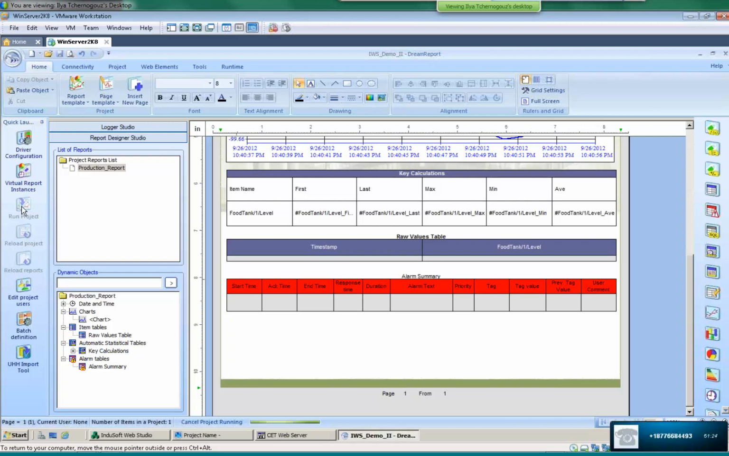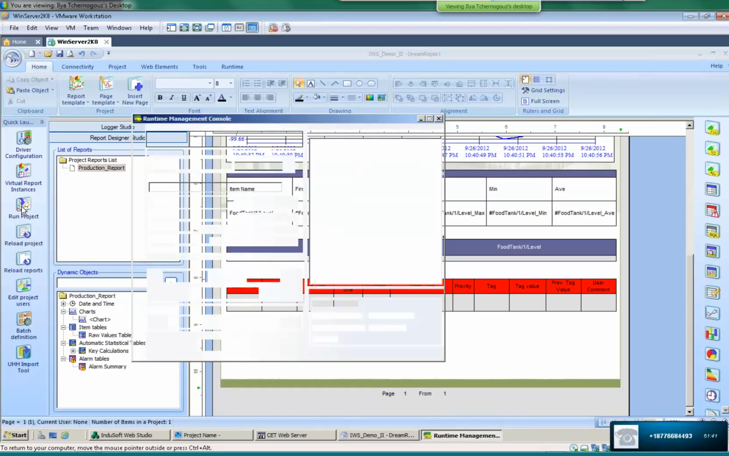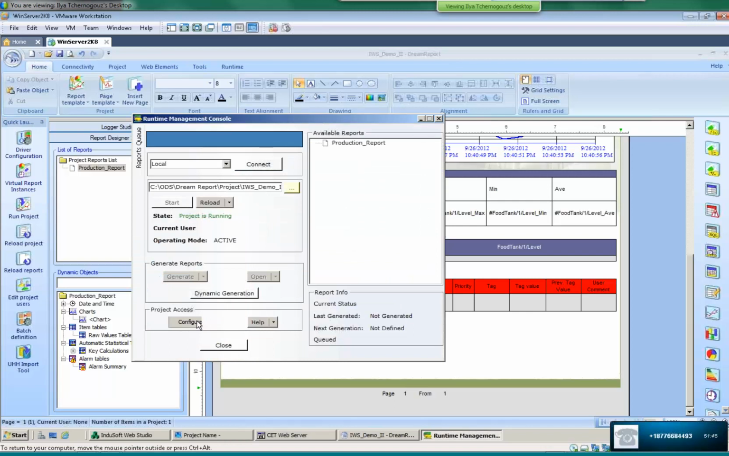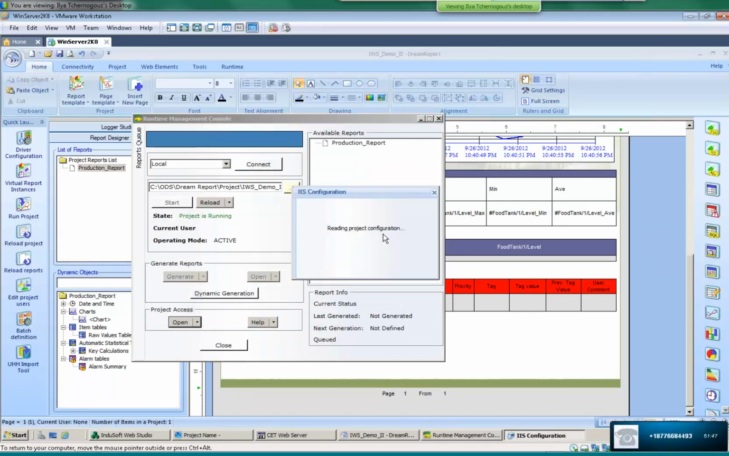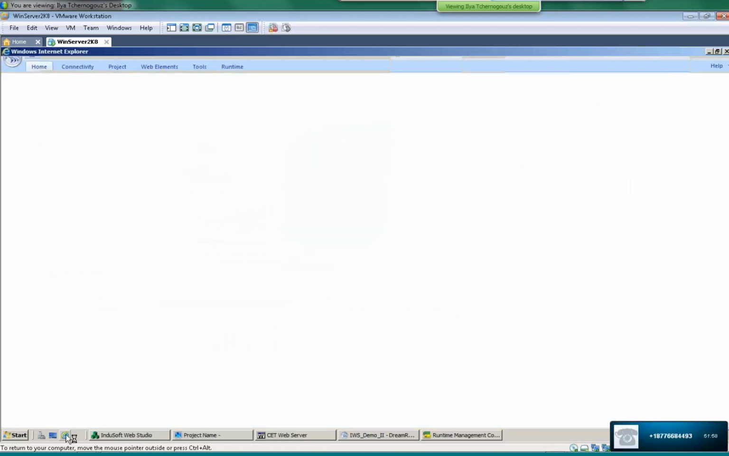Once the runtime engine is started, you can see when the report is scheduled to be generated. You can generate it manually if needed. And of course, what is also interesting is that you can easily configure access to the web portal of Dream Report and see this report available in the web portal. So I just need to press configure IIS, Internet Information Services. It will be done, and then I can access my report